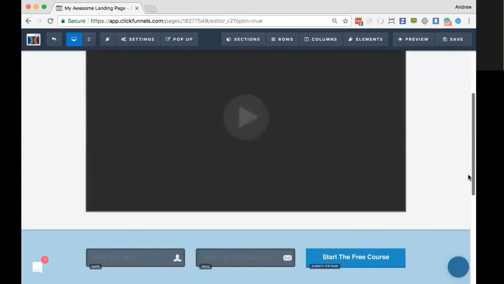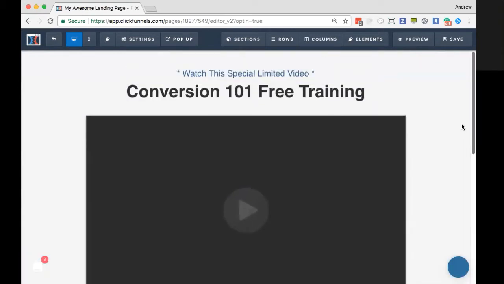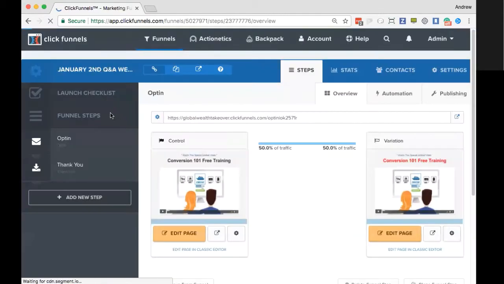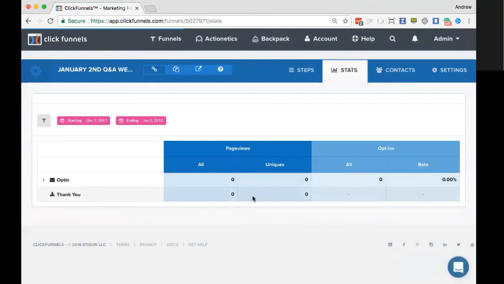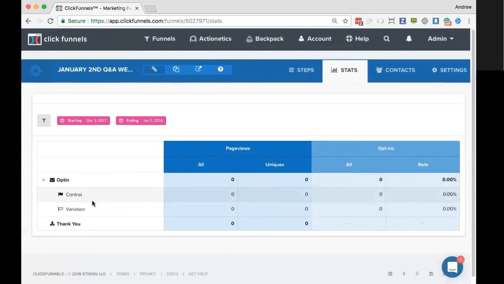Are you going to show us where we can find setting up our stats again? Absolutely, I can do that. If what you mean by setting up your stats, I'm not sure, but if you're looking at statistics for the specific page here, you can see under the stats here at the top. And if you're looking for whatever pages are actually in your funnel here, you can see the stats on those specific pages. If you have a split test in place, you can see the variation and the control just by dropping that down. Any other pages that you add to the funnel here will also be available.